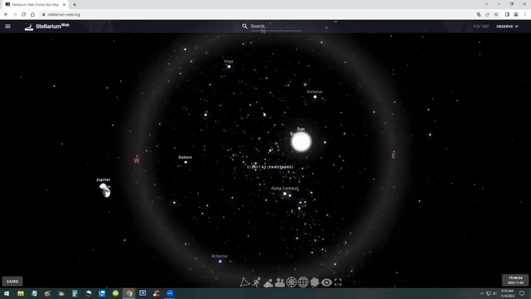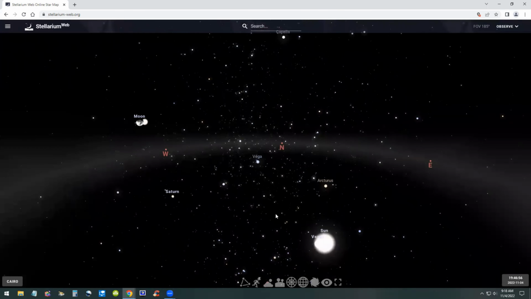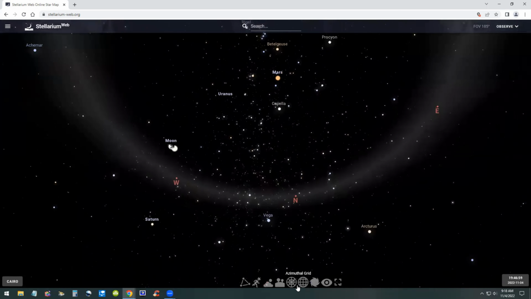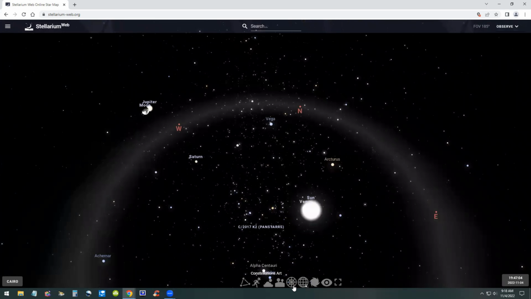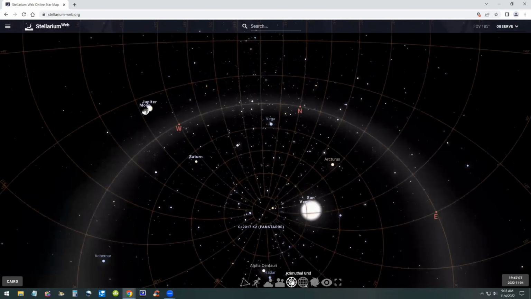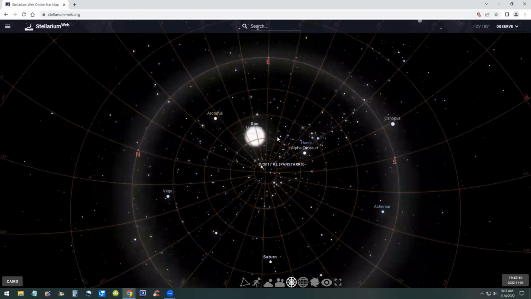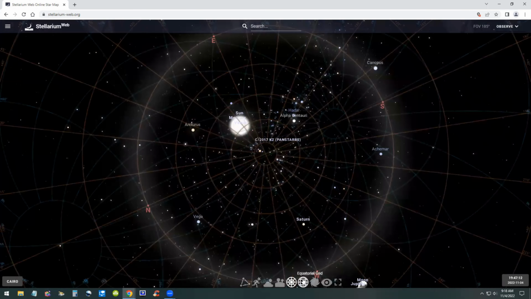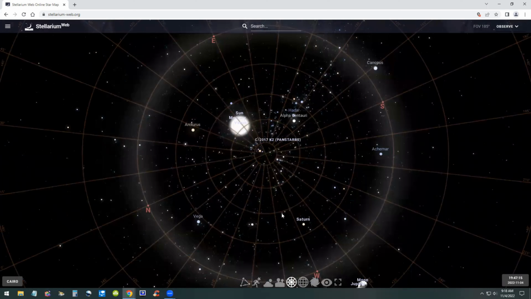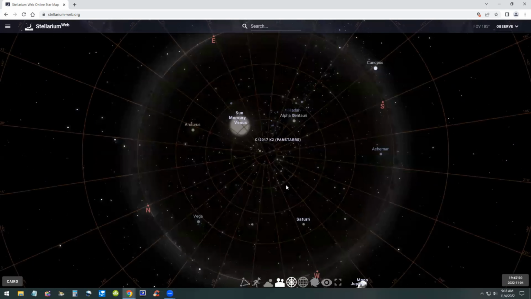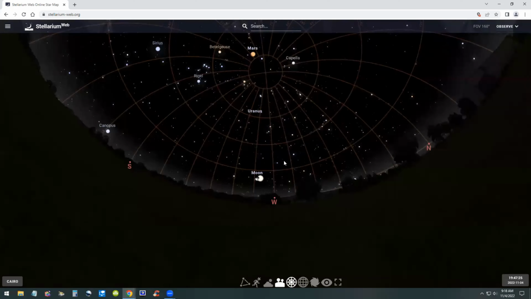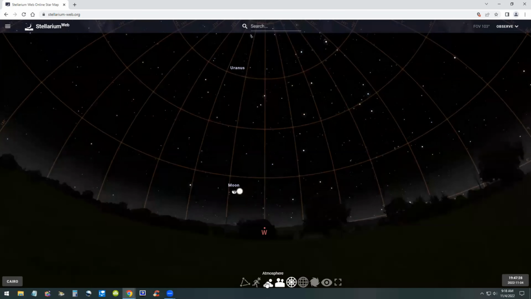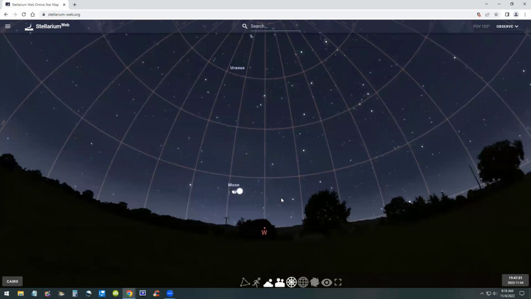Okay, so we are now inside the software. We're looking at the sun, the moon, the different planets, and constellations of stars. These are what we refer to as the fixed stars. They're not really fixed, but they're fixed in relationship to planet Earth. So we can turn on different features such as landscape, the meridians, the ecliptic, which is the path where all the planets are orbiting the sun.